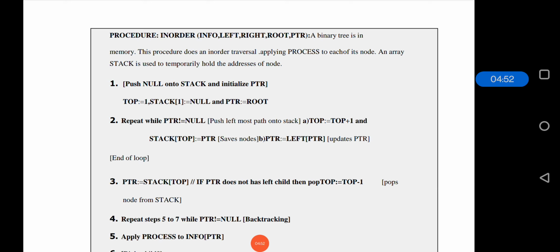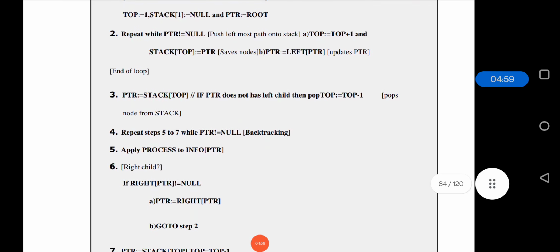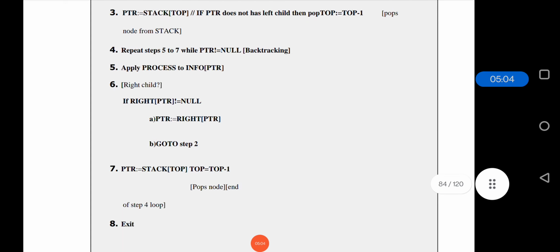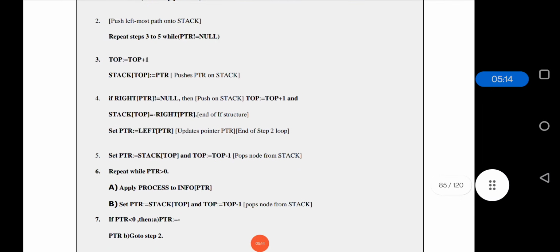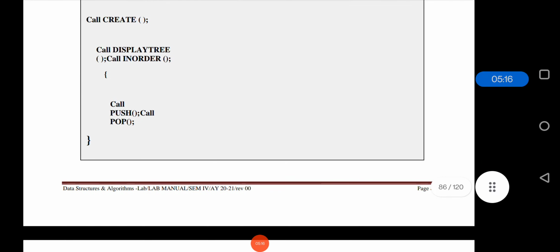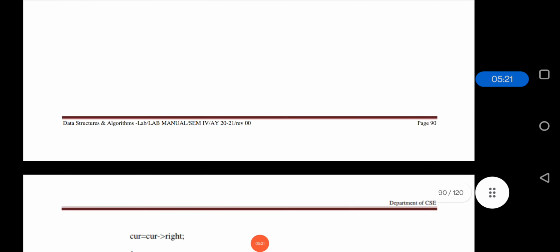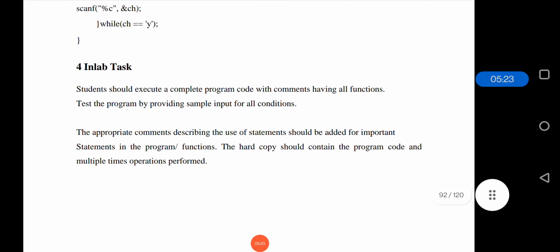We will be setting the top of the stack, and then we will be inserting the node accordingly. This step will be repeated till all the nodes are inserted, and then we will be applying the in order traversal so that we can find the traversal in an in order manner. So that is in order traversal. This is the template, and in this way we can create the binary search tree and implement the in order traversal.